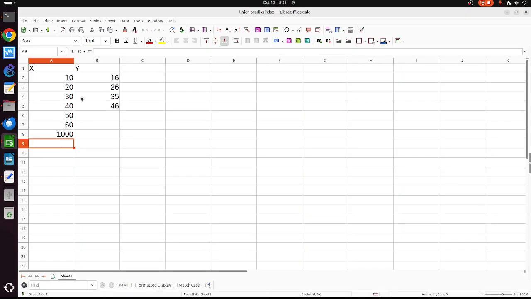Basically we have a model from the training data, and we have another file called linear prediksi.xls, and we want the script to predict and compare the y from this file, as well as the error and R squared, against the actual predicted value of y.